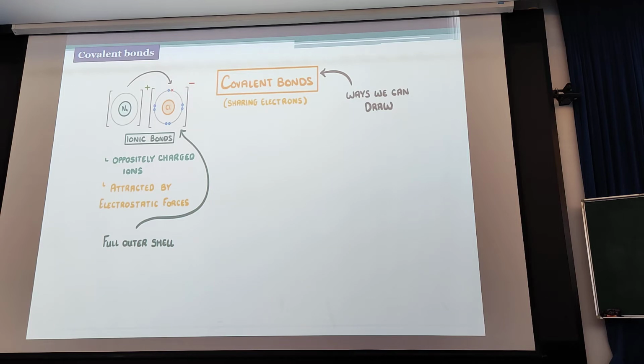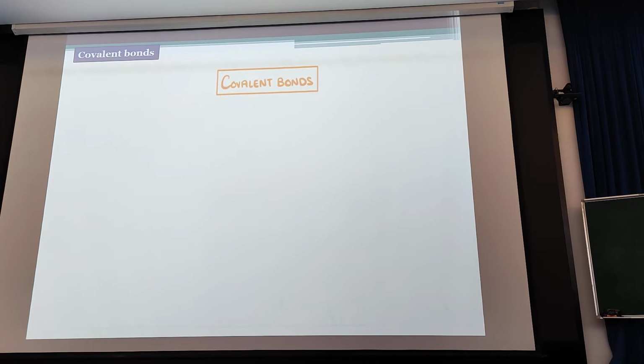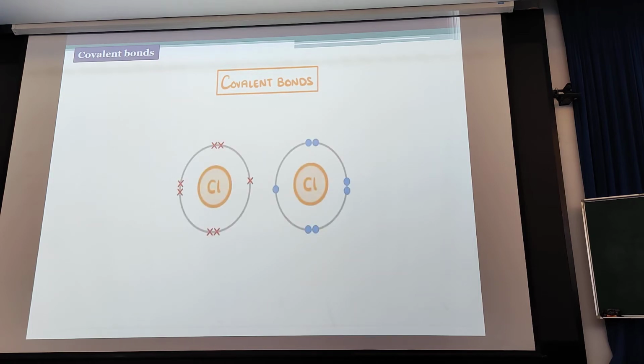Now, this looks great where one of the atoms has too many electrons and the other one has too few, like with sodium and chlorine. But what about when we have two non-metal atoms, like two chlorine atoms? Well, in this case, both of them need an extra electron to get a full outer shell. So giving electrons to each other isn't going to happen. Instead, what they can do is share some electrons. Each atom needs one extra electron. They each share one